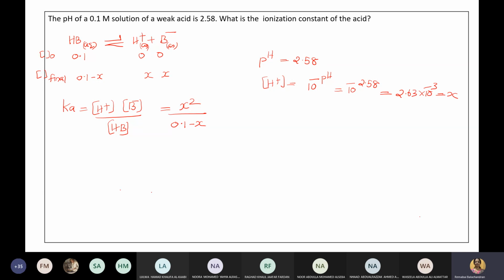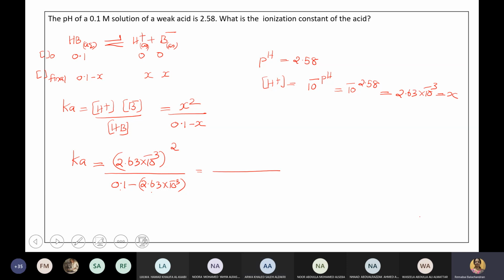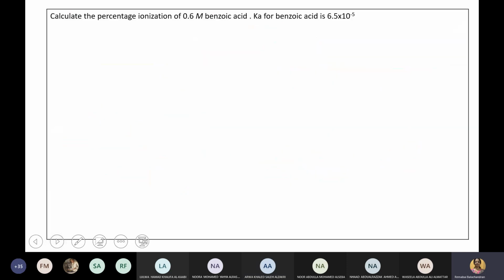So, understood what I did? Okay, so now Ka will be equal to X squared, that is 2.63 times 10 to the power minus 3, the whole squared, over 0.1 minus X. Okay, you will get the answer. Is it clear for you? Did you understand? Okay, now next is